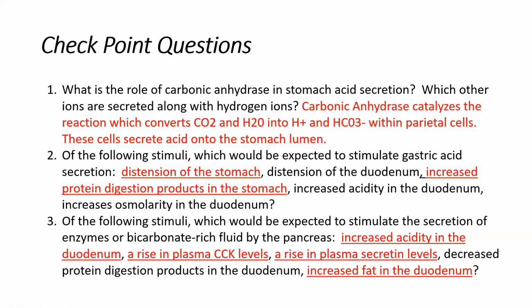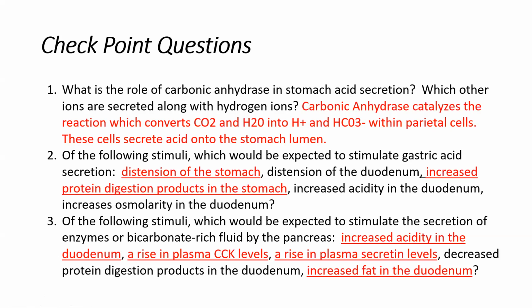And then increased acidity in the duodenum, no, that's going to be the opposite, right? Increased acidity in the duodenum is going to stimulate secretin, and we know secretin inhibits acid secretion as well as inhibits gastric motility. And then the final option was increased osmolarity in the duodenum. Increased osmolarity in the duodenum, again, is going to stimulate the secretin and CCK release, which will negate or block